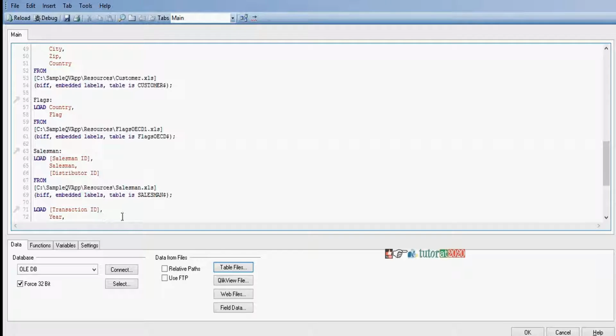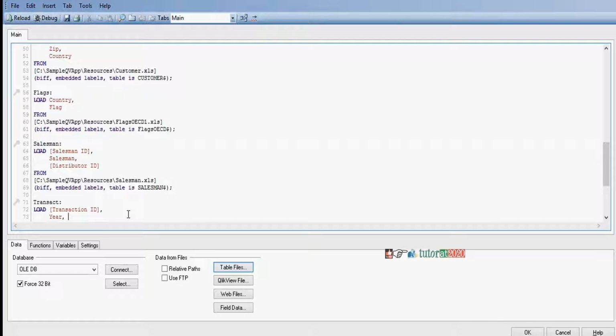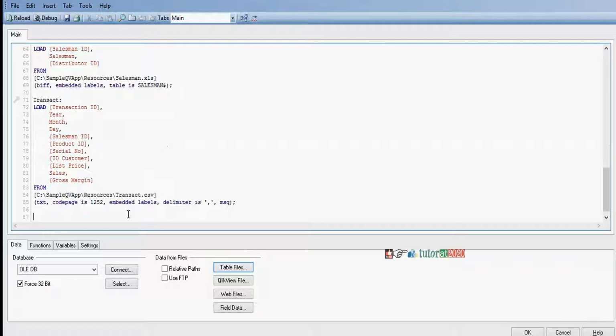Salesman. Transact. Okay. Now, I want to convert all those tables into QVD format